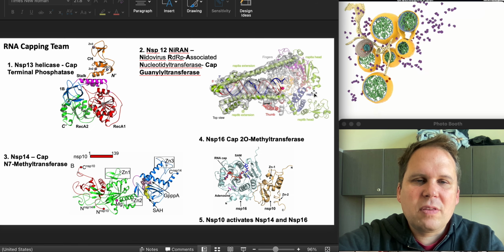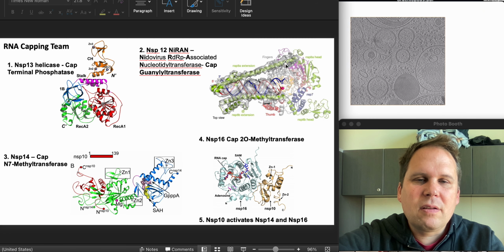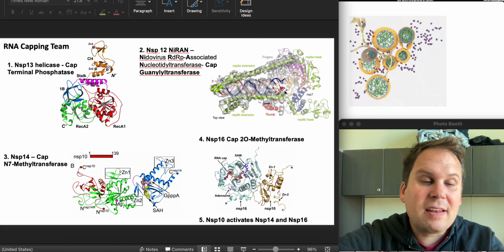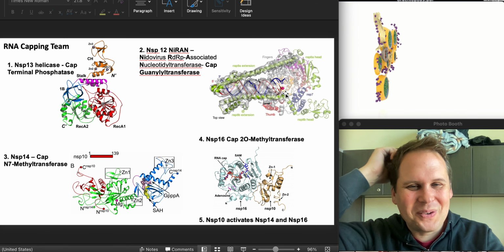NSP8 actually does 2 things. So it's that primase that sits up front, and you see these long parts there like an exit tunnel. So this twisty thing in the center, that's actually the viral RNA. And the red spot here, that is us putting on a new nucleotide, a viral RNA. So pretty cool.